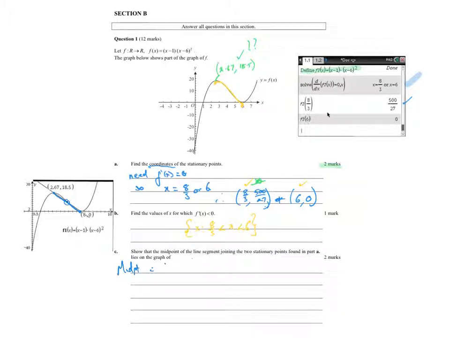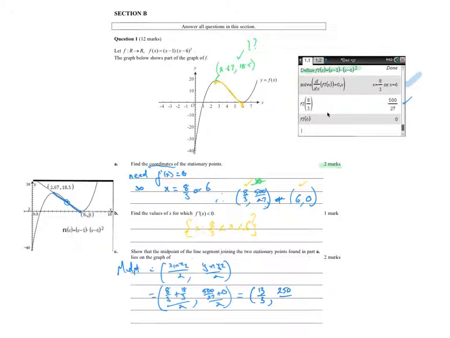Midpoint is equal to x1 plus x2 on 2, y1 plus y2 on 2, which in this case is equal to, what are my x values? My x values are 8 on 3 plus 6, which is 18 on 3, all over 2. The y values are 500 on 27 plus 0 over 2, which is equal to, what have we got, 26 on 3, which is all divided by 2, which is going to be the point 13 on 3, and 500,